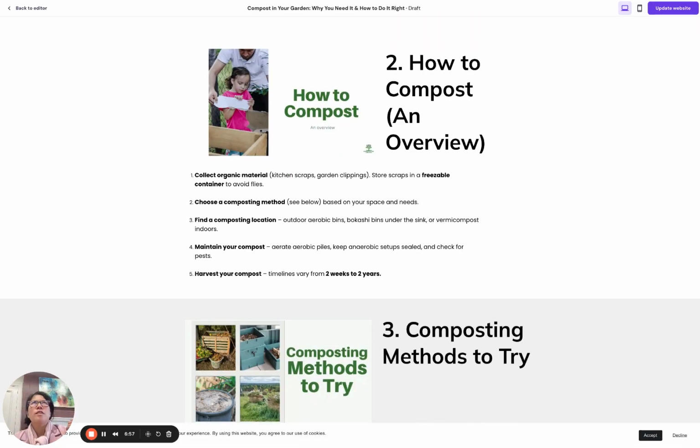Now, hopefully by now I've sold you on composting being good. Yes. One, just collect organic material, as much as you think you can compost. Choose a composting method from below. Find a composting location, outdoors preferably. But if you have small spaces, there are ways such as bokashi, as we'll talk about later, to compost within, or you could use red wriggler worms that compost really fast, have a little bit of odor, but not